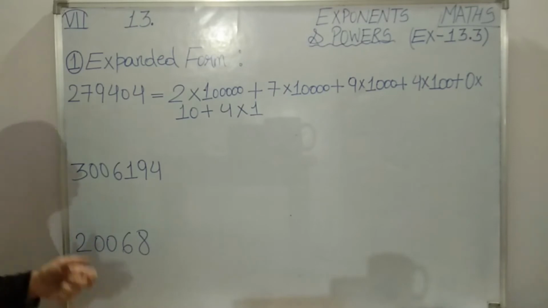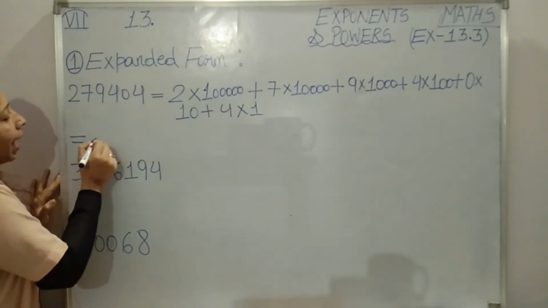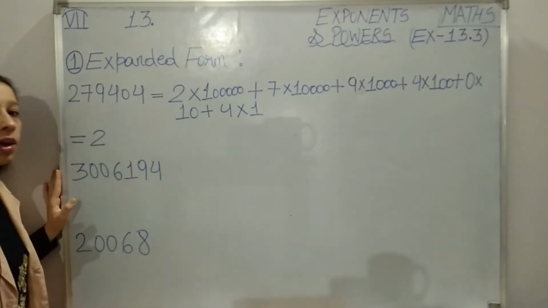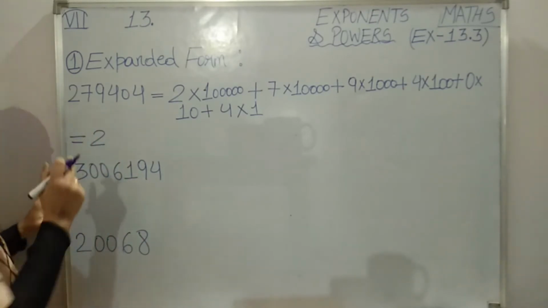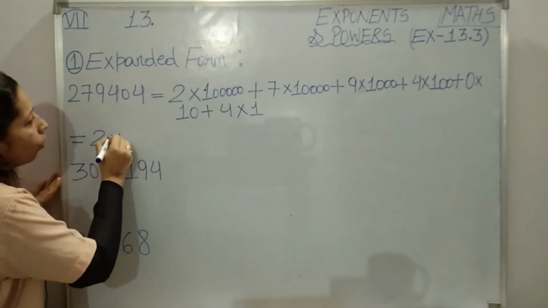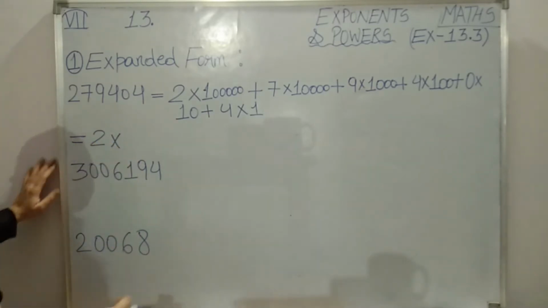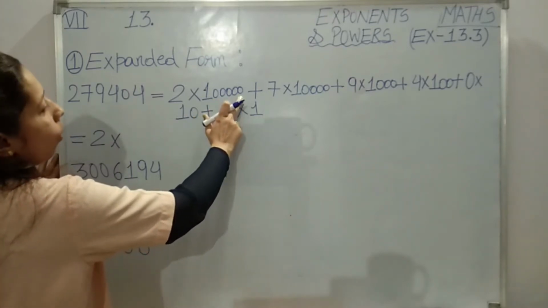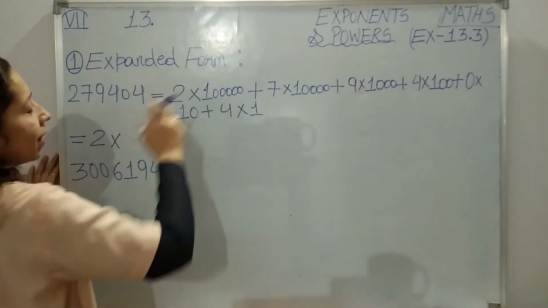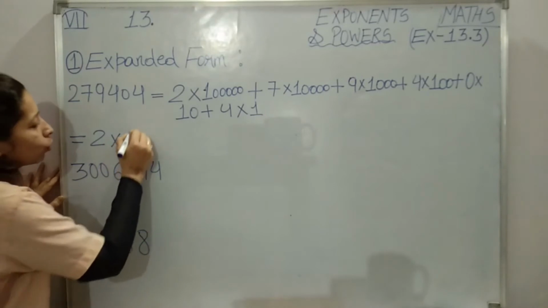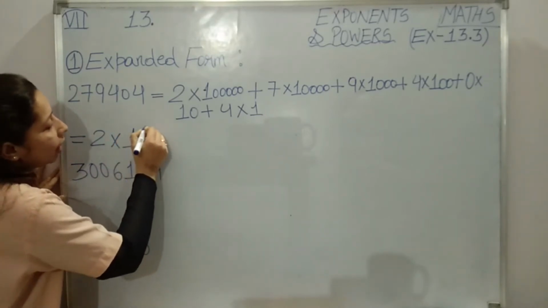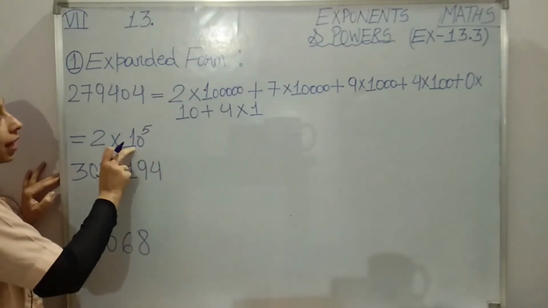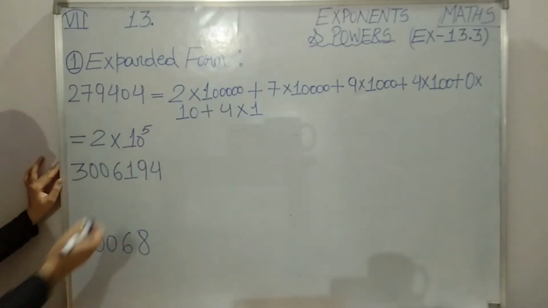But now you are going to learn a new thing here. As we are studying chapter exponents and powers, now expanded form also will use exponents to write the digits in expanded form. Let us see how. 2 into, how many tens are there? 1s, 10s, 100, sorry, 1, 2, 3, 4, 5. There are 5 zeros in lakh. So that means 10 into 10 into 10 into 10 into 10 will give you 1 lakh. So I have written its exponential form, that is 10 raised to the power 5.